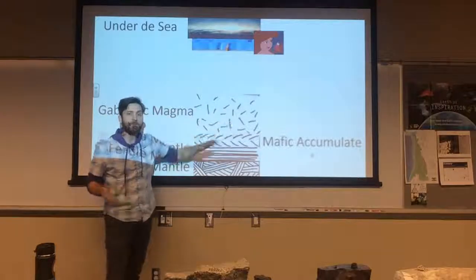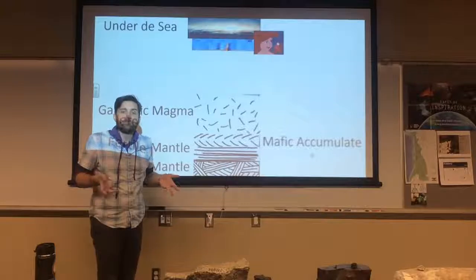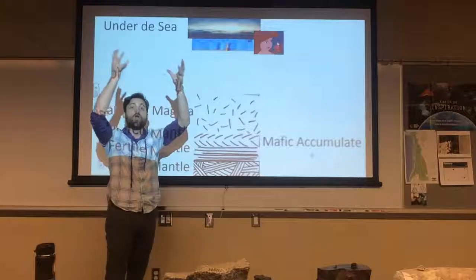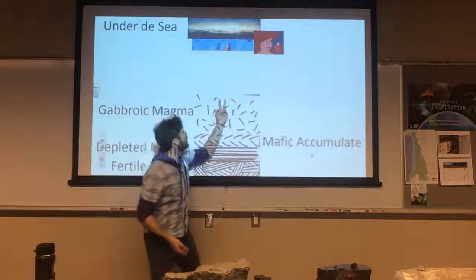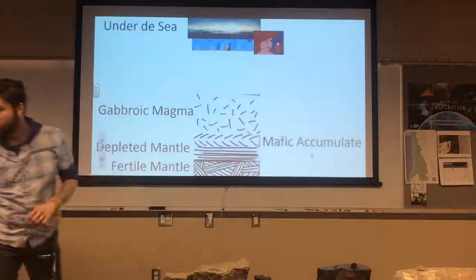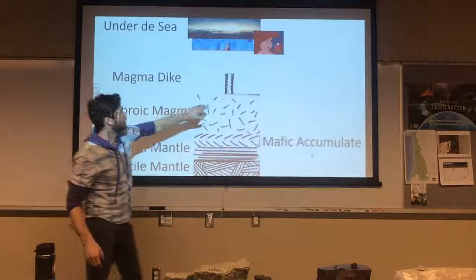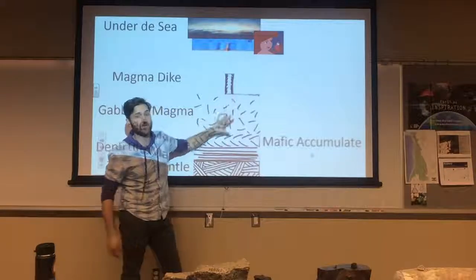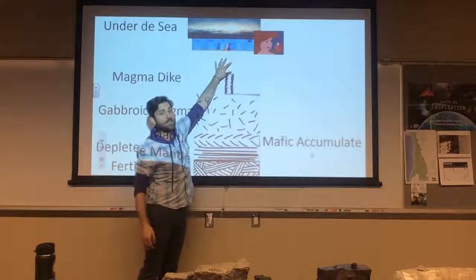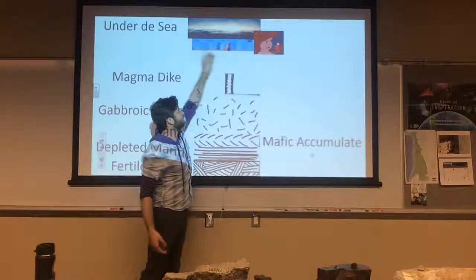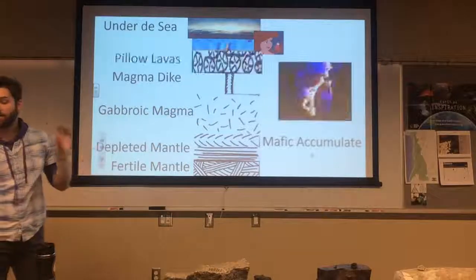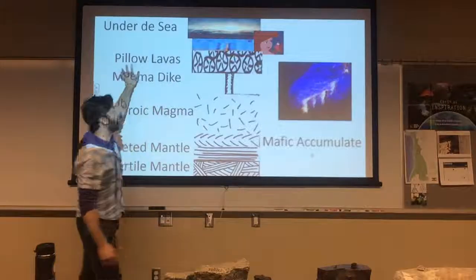But then that magma, remember, liquids are buoyant, they're hot, the liquid is more buoyant than the solid stuff around it, so the liquid's going to want to float upwards, and as it's floating upwards, that occurs through what's called a magma dike. Okay, a dike forms to allow that magma to go from the interior of the gabbro, or the interior of the magma chamber, up towards the surface. And as it erupts out on the surface into the ocean, that's really cold water. So that hot magma next to the cold water makes these pillow lavas.